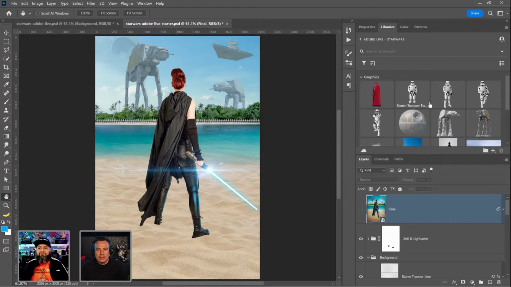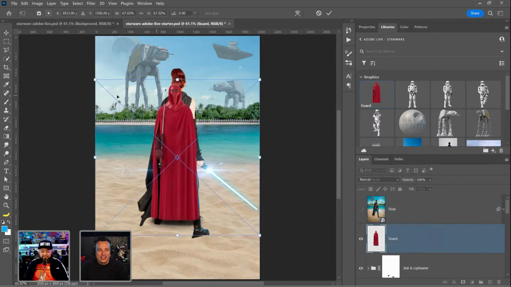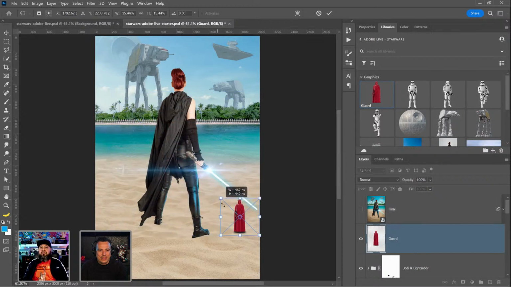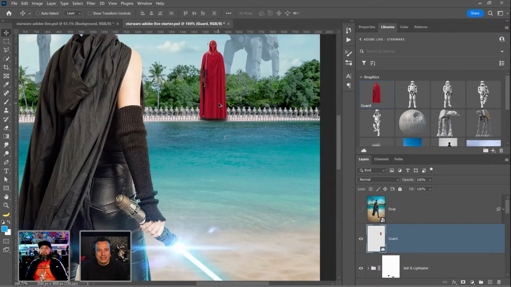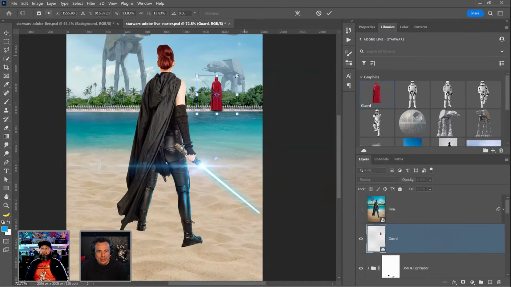But the point is that we have... Oh, let's add this red guy. What is he called? Is it an Imperial Guard? I'm sure he doesn't belong here, but he kind of looks cool standing here. So I'm going to place him there, and scale him. Oops, scale him. See, I didn't do that trick. I've got to click on that, and then I'm going to make him bigger than everybody. I don't know if he's the same height or not, but in my world,